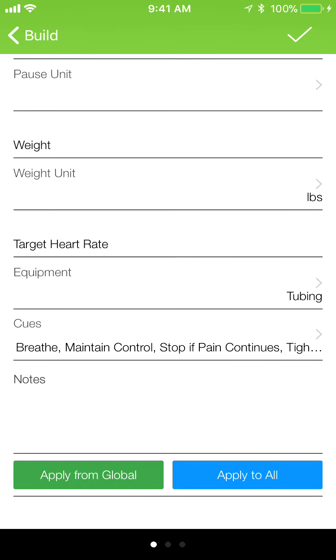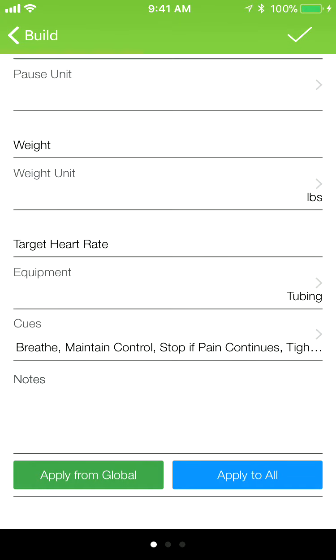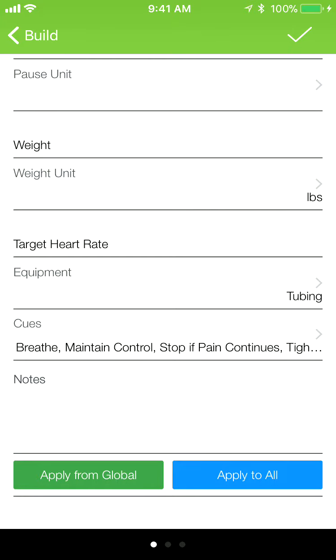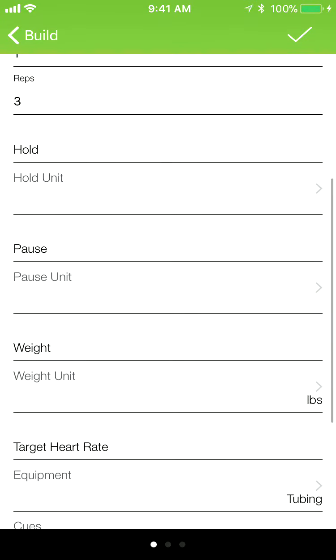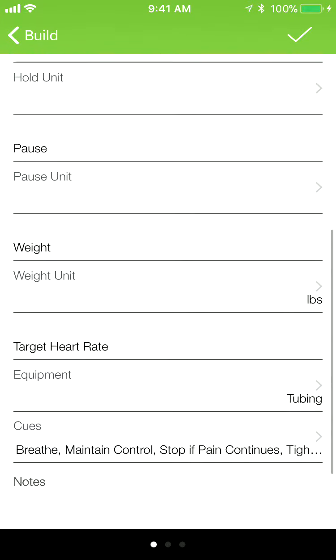And if that were the same metrics I wanted to use for all of these exercises, I would select apply to all. If I had preset some global settings that I wanted to use, I could use those as well. So there, I've just saved a bunch of steps. If there's additional equipment, I've already seen I need tubing for this particular exercise. If I want to add in my own cues, I have that option. Or if I want to create some notes associated with this particular exercise in this particular template,